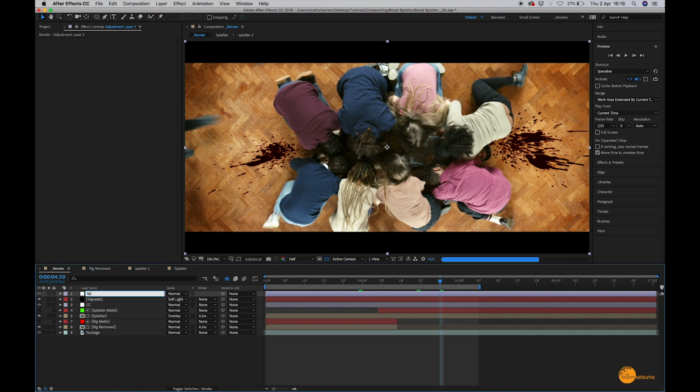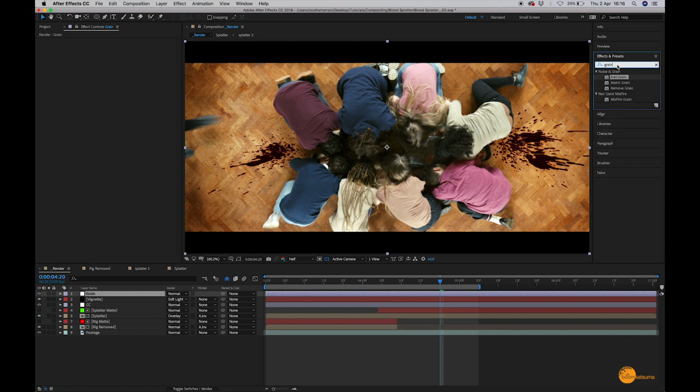Let's call this one grain. I'm going to come over to my effects and presets and type in grain and select this effect called add grain. Now to begin with, you'll see it just brings up this preview box. That's because this is quite a render intensive effect and can be very slow,